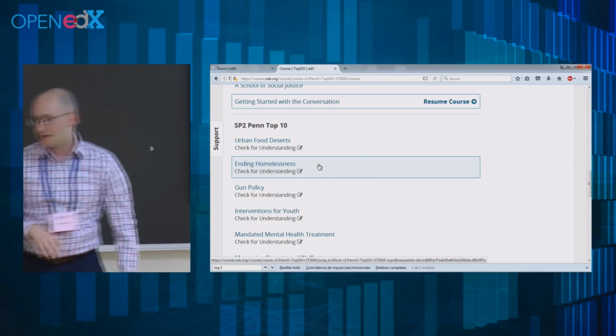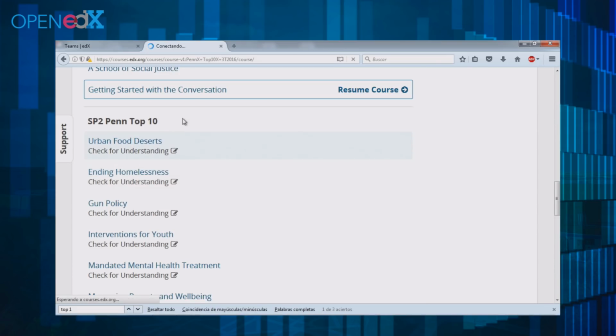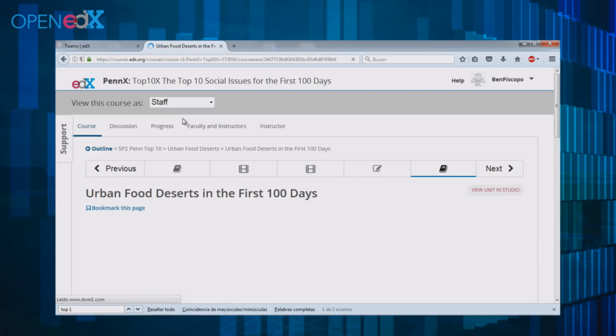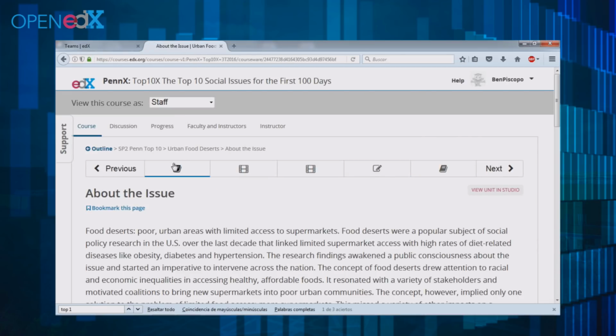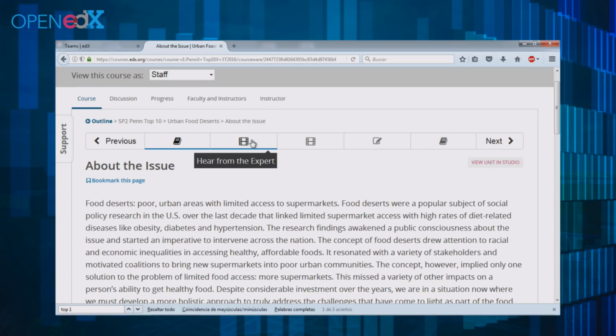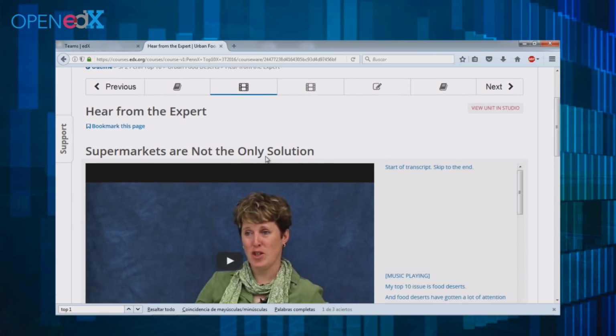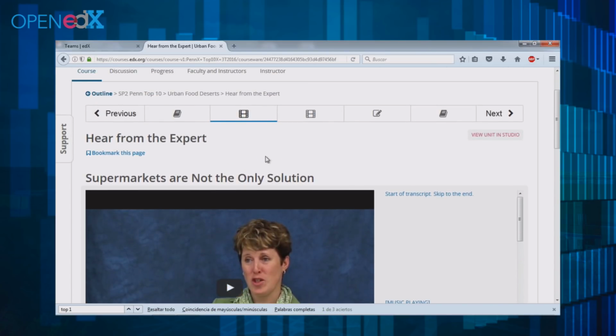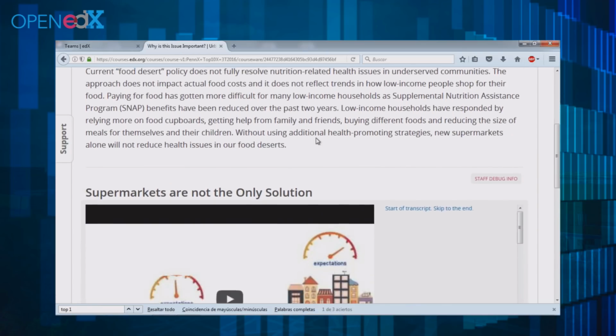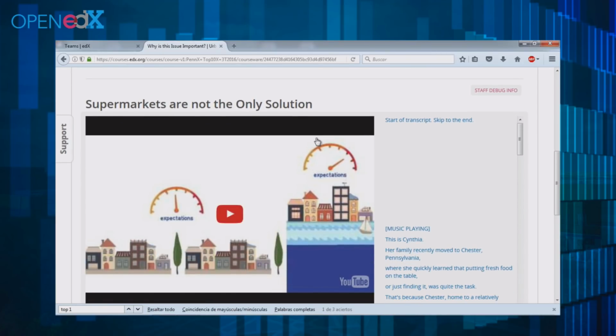They organize the content. I can even open one up for you. So urban food deserts in particular. They introduce this issue. They have an interview with an expert, in this case on food deserts, which is the lack of access to good quality, nutritious food in urban areas. They also provide a very interesting animated version of sort of a typical day in someone's life who might live in an urban food desert,